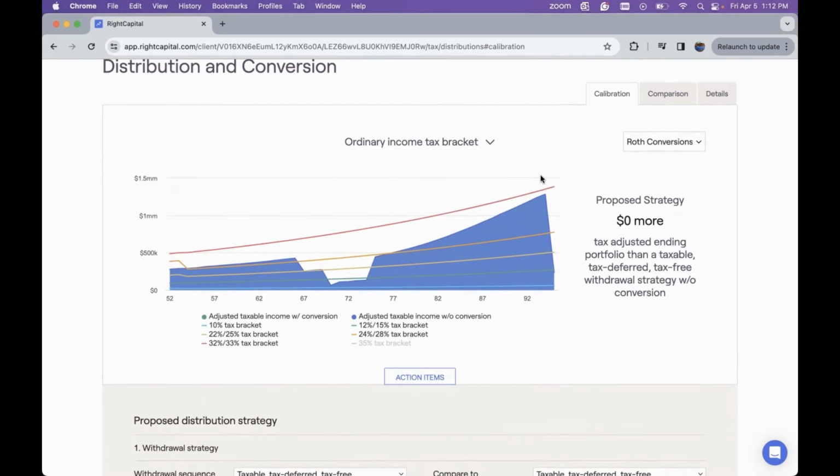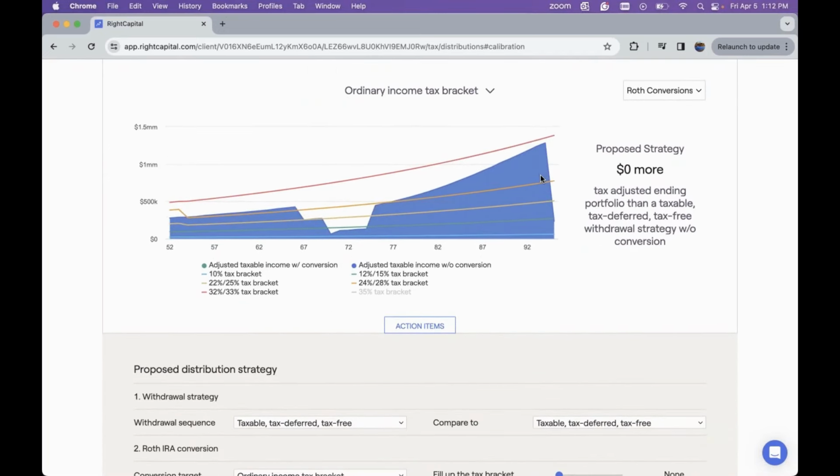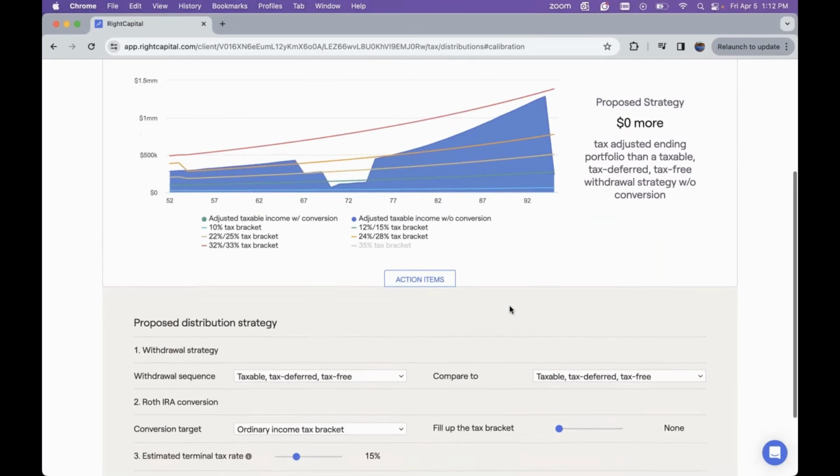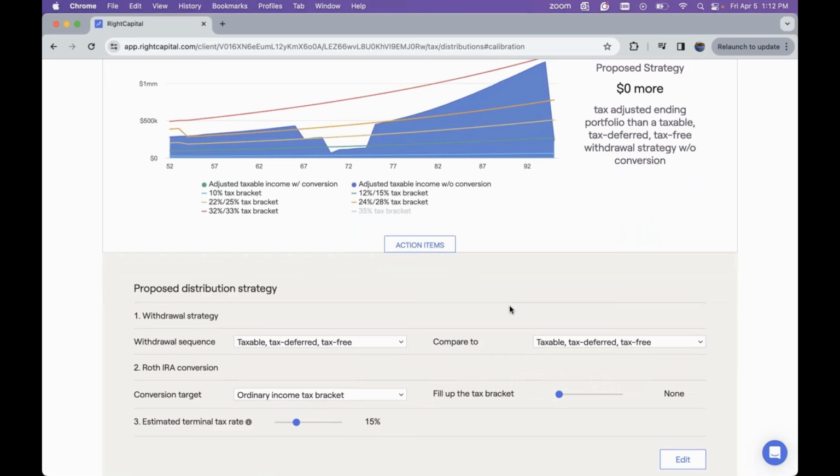But as we want to lead that discussion of looking at the tax picture and what's going to be happening for the next couple decades of the client's life, that is when we're going to navigate towards the action items. And here on the action items, there are three main things that we can adjust. The first one being we can compare and contrast different tax efficient withdrawal strategies and see how that impacts their ending assets. And so right now in my current plan, I do have taxable, tax deferred, and tax free selected. And so I'm going to leave that selected on the right hand side, but you do have the option